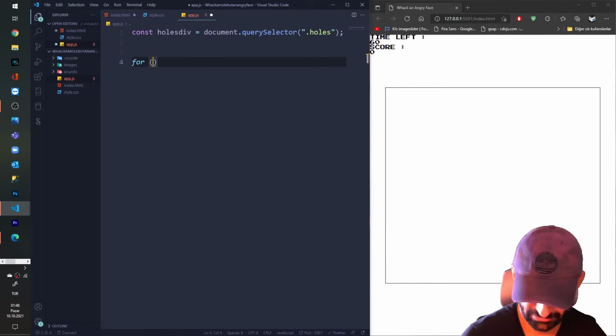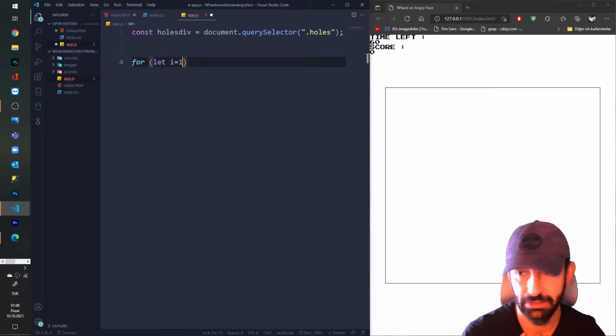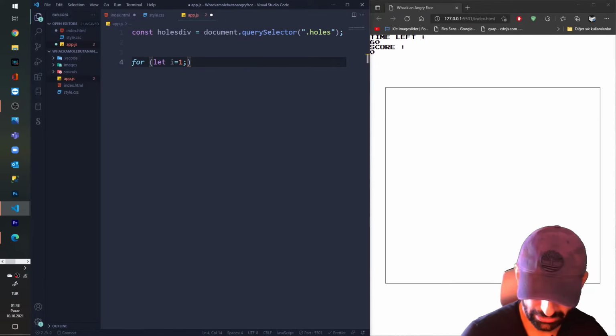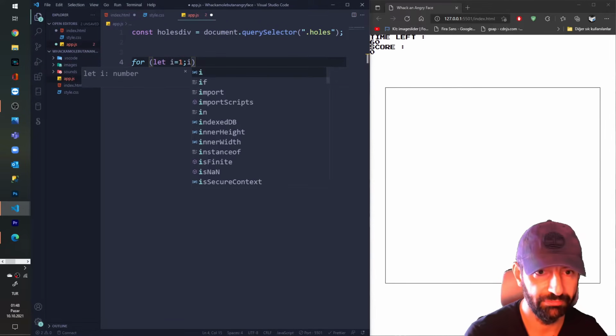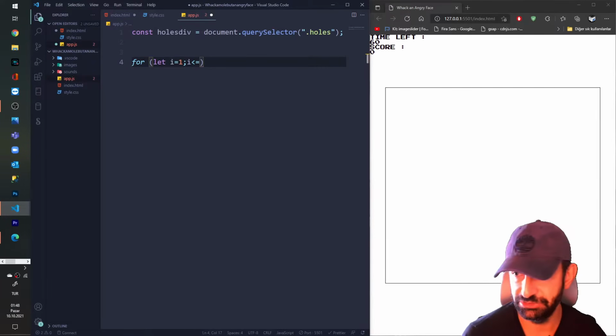For let i equals 1, i is less than or equal to 16.